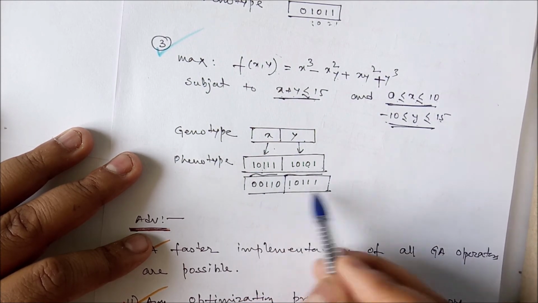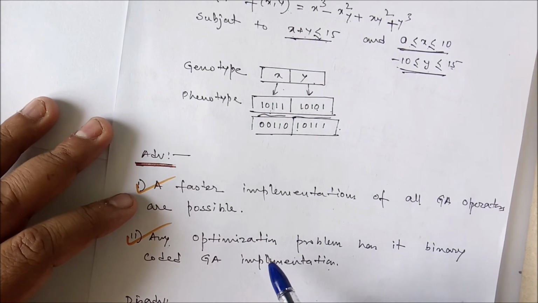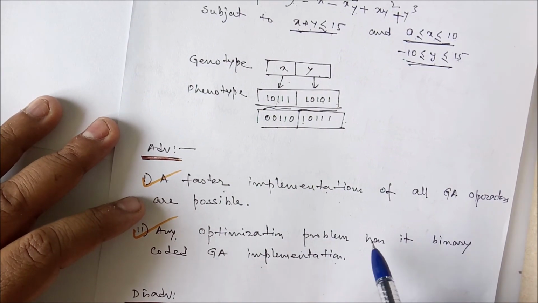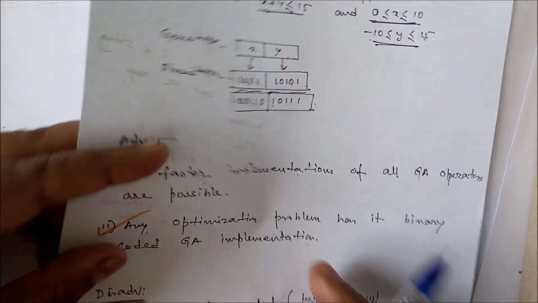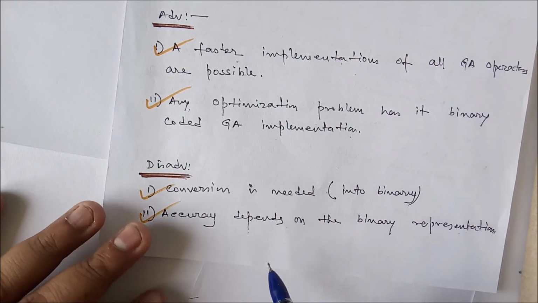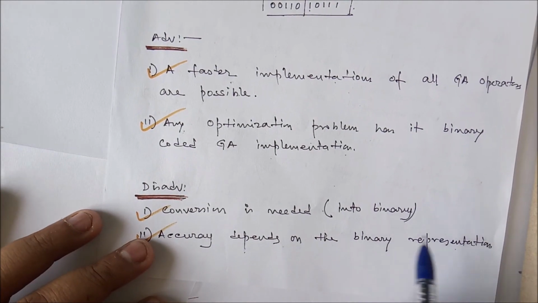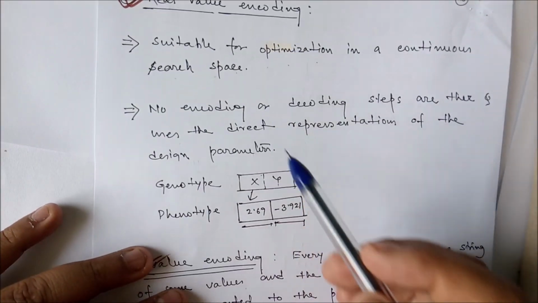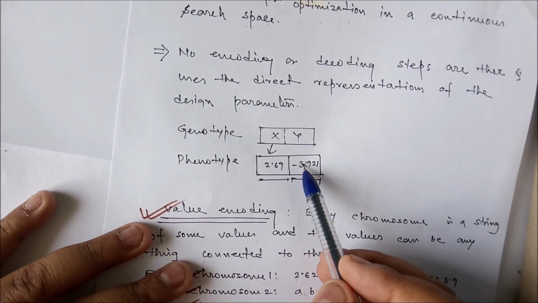ये हो गया x के लिए, ये हो गया y के लिए। तो ये बाइनरी क्या होता है, काफ़ी फास्ट होता है। ठीक है, और बहुत सारा प्रॉब्लम को हम लोग सॉल्व कर सकते हैं, बट उसमें कुछ प्रॉब्लम भी है। कन्वर्जन हम लोग को कन्वर्ट करना होगा, बाइनरी में कन्वर्ट करना होगा, और जितना बिट लेंगे सॉल्यूशन का जो एक्यूरेसी लेवल उतना बढ़ता रहेगा हम लोग के पास। ठीक है, उसी तरह से रियल वैल्यूड है, तो नॉट नेसेसरी बाइनरी वैल्यू, हम लोग रियल वैल्यू भी यूज़ कर सकते हैं। और दूसरा क्या हो सकता है, वैल्यू इनकोडिंग। तो